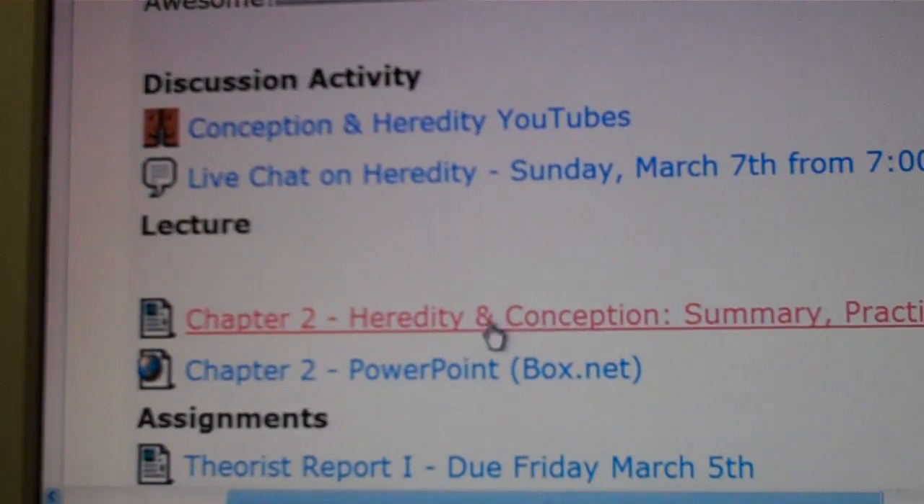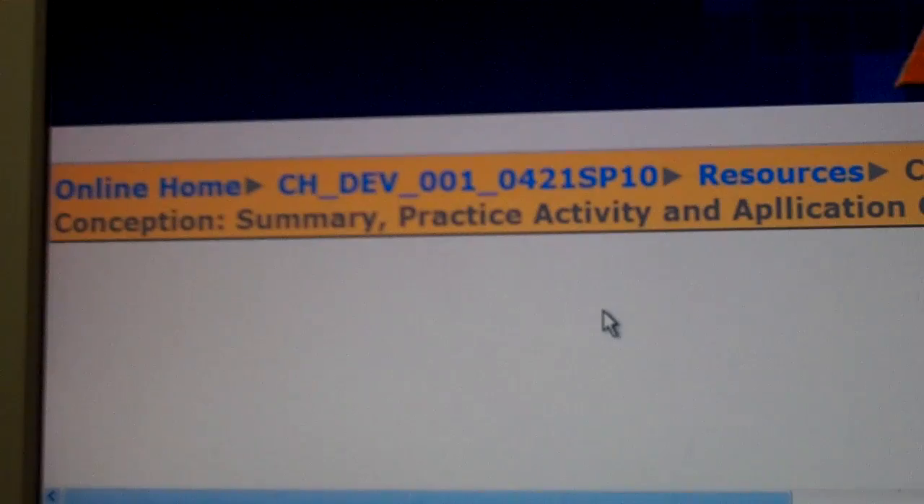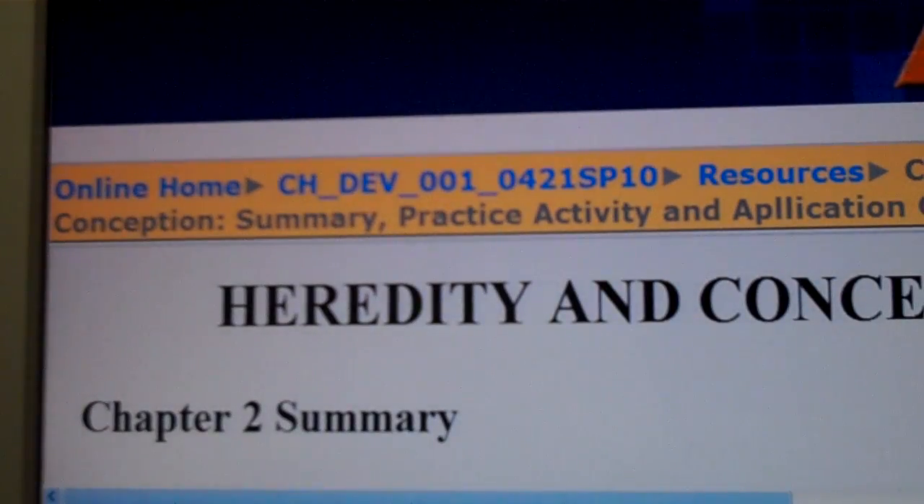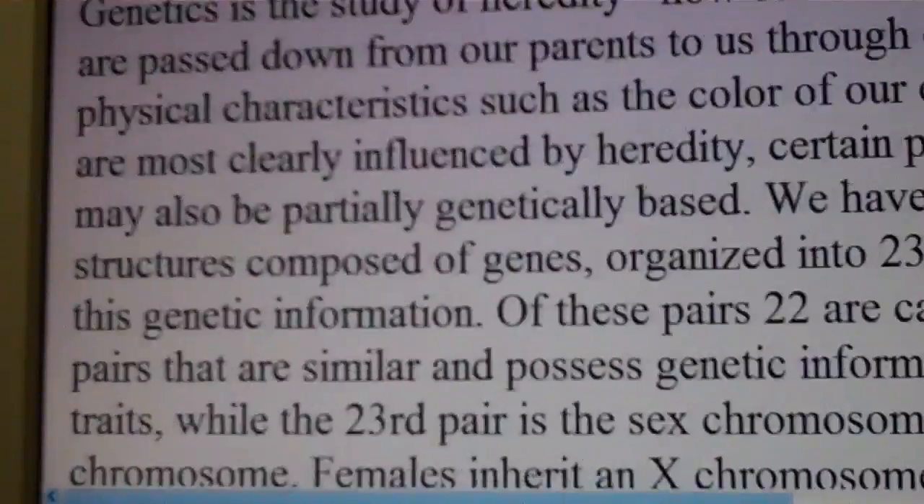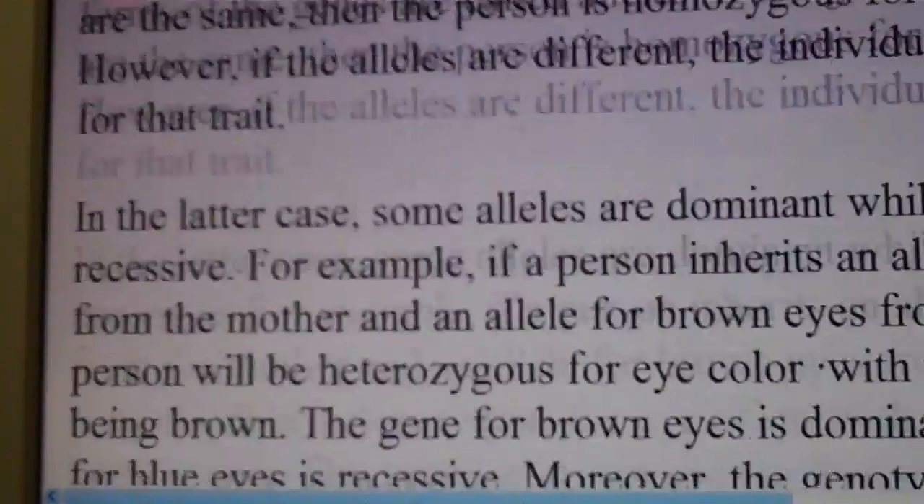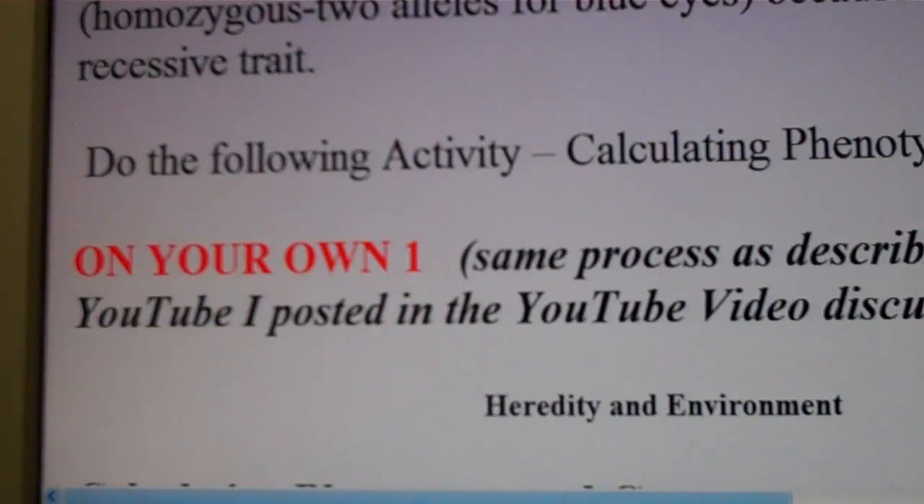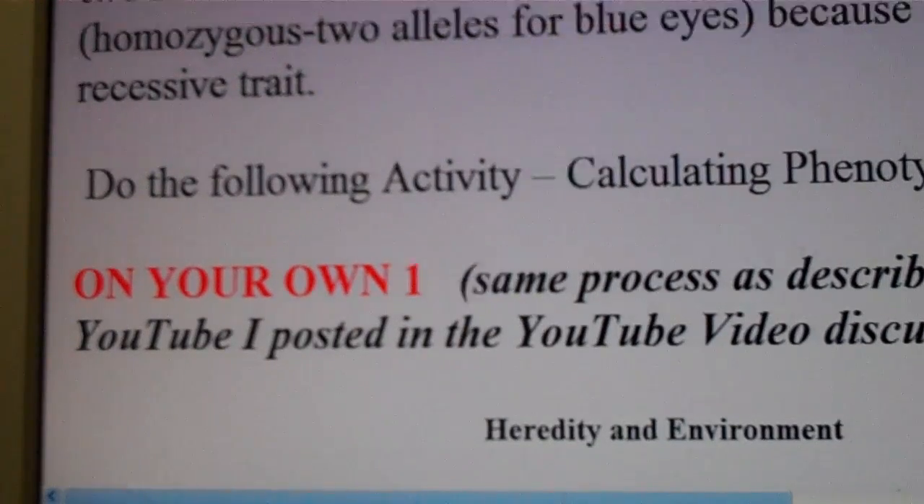So this week you'll see Chapter 2, Heredity and Conception Summary. And when you click on the summary, you'll see Heredity and Conception, Chapter 2. There's information for you to read. And you go down, you'll see in red, it says on your own. Well, here's a practice activity,